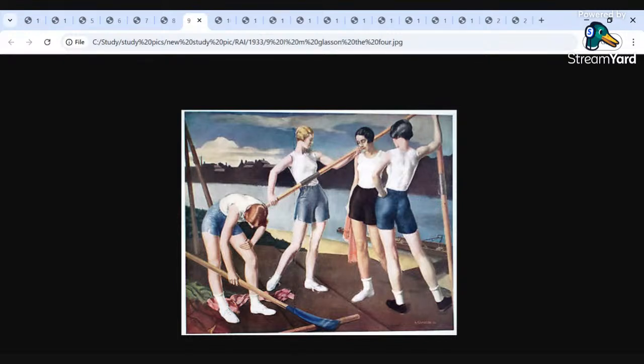So you can see it's very early in the morning, and actually Glasson's sort of ground the background into this large black line almost, with a few of the houses highlighted across here. We can see the boat in the background and the Thames looking exceptionally clean. You can tell this is a fantasy. So there is this realist element, but I think it's been lifted up a little bit by some of the poses,